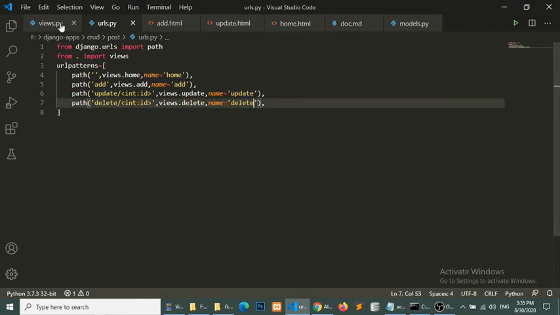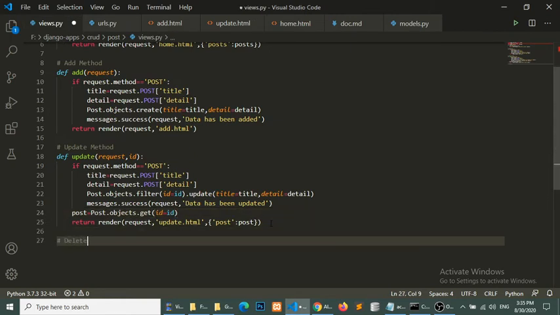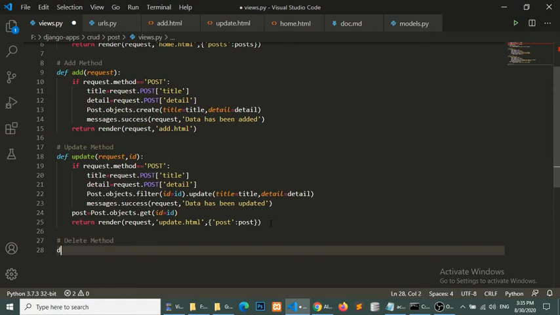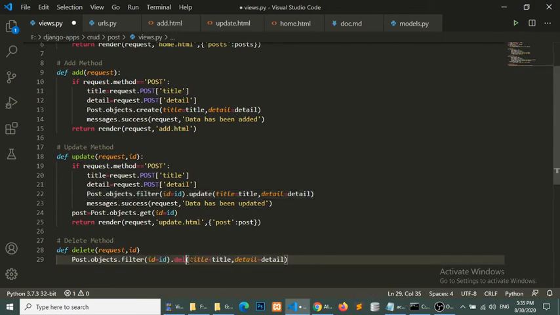and name will be delete, and we will define the delete method, delete request id, and same as update we will delete this, and we don't need to pass the documents in delete.